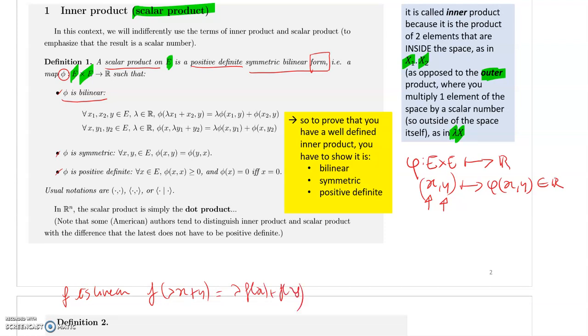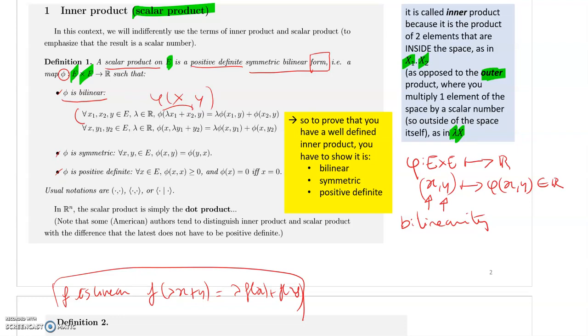So that's just linearity. Now we have bilinearity. It just means it's going to be linear in both its arguments. So how can we do that? We've got one first argument here, that's the x, and one second argument here, that would be the y, and it has to be linear in both